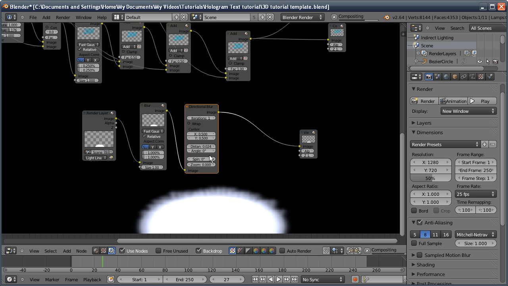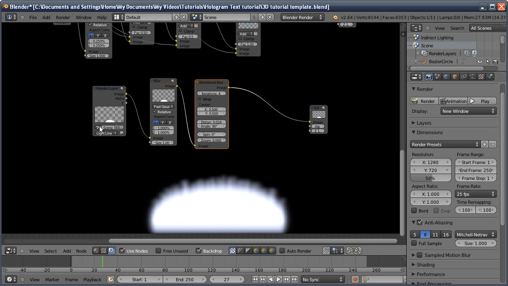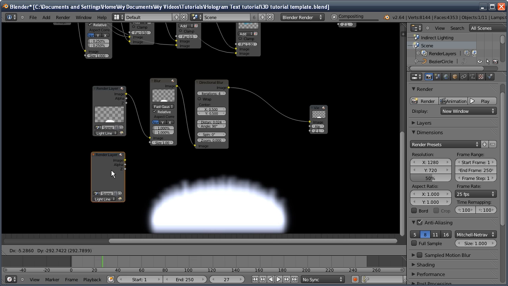I'm going to set it to 0.024. You can see it's blurred it sideways. So we're going to alter the angle to 90 degrees, and it's blurring it up. And then I'm going to set the iterations to 4, just to smooth out this problem we're getting at the edge. And then we're going to add in our other render layer,